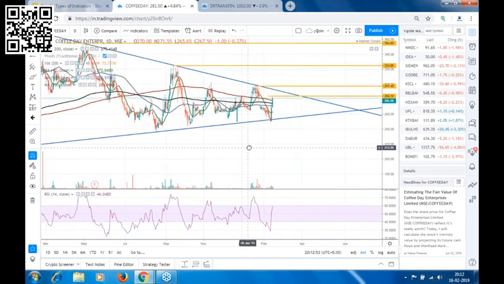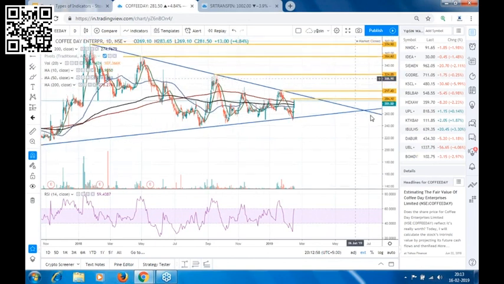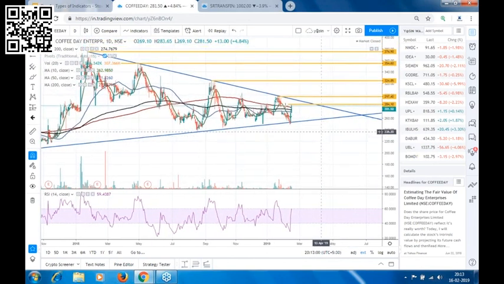I generally see the levels from which the price can face a resistance. That I mark, and I take a range. I don't take a particular specific price. I don't say that okay, 300 will be my target, because sometimes your price can go very close to your target and then we see a reversal. So I always mark a range. I know that there is a resistance say around 295 to 300 level in the stock, so my target will be from 295 to 300. I will not say that my target is 300 specifically.